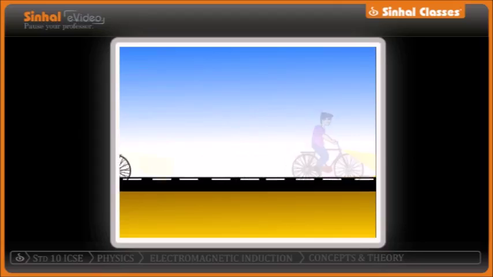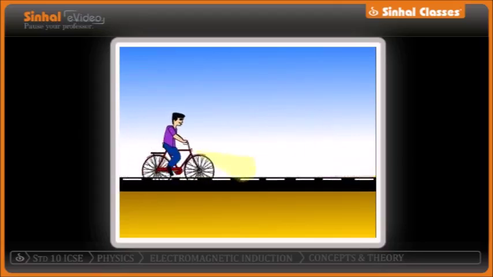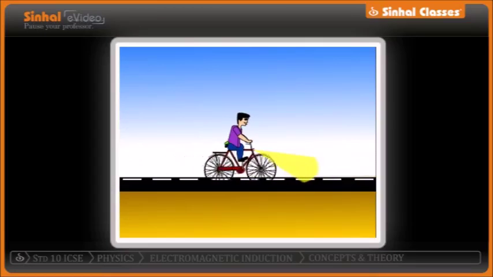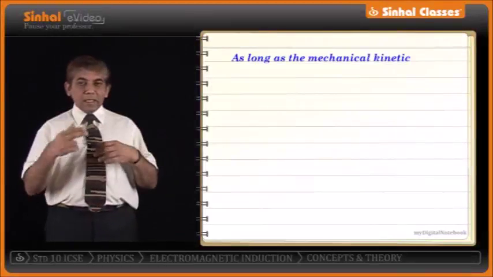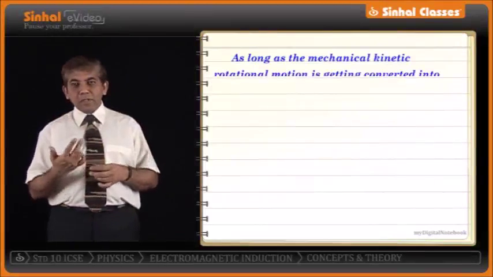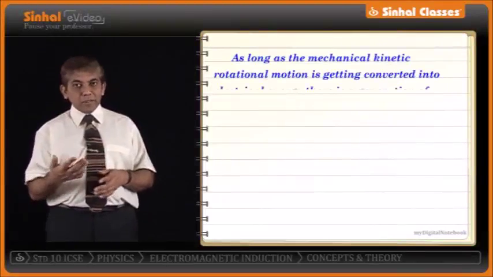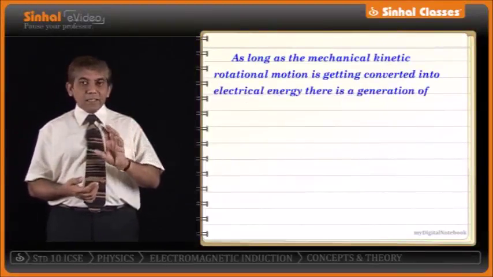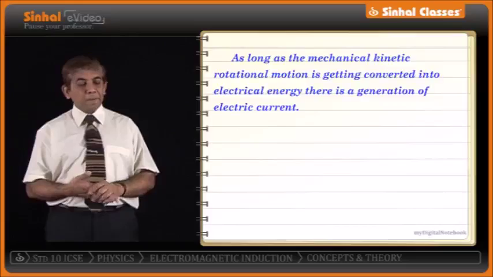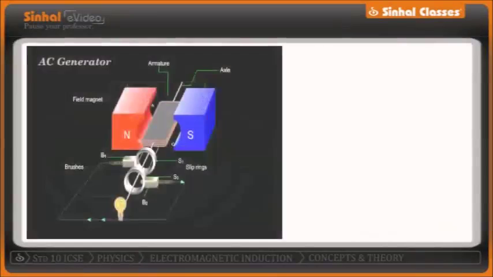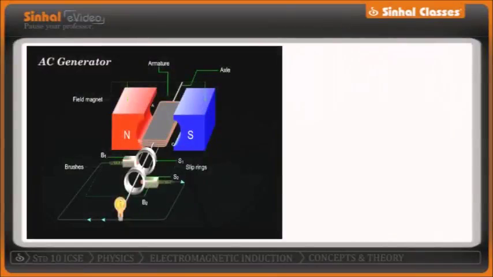So the faster you keep on paddling, the more current is generated and the brighter the torch glows. So long as the mechanical kinetic rotational motion is getting converted into electrical energy, we see a generation of electric current. So again, with reference to the figure, I see that the coil is basically introduced